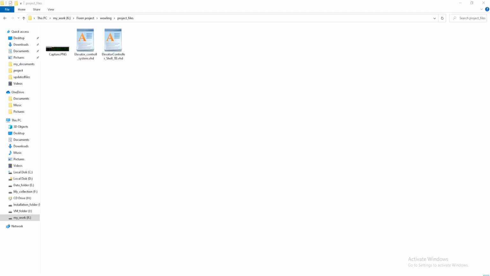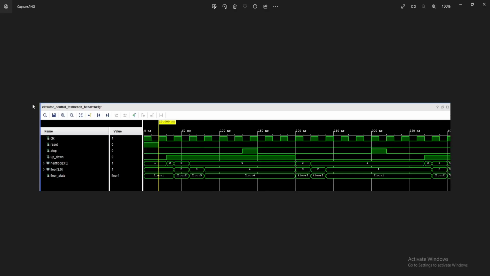Hi, I'm going to show you the simulation result, which I cropped from the simulation window, where you can see that the counter goes up when up/down is high. When up is low, it goes down. You can see that it will jump to the second floor,